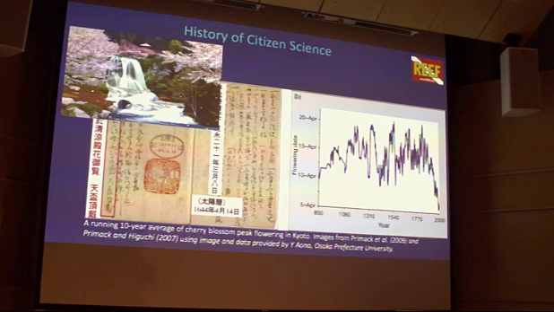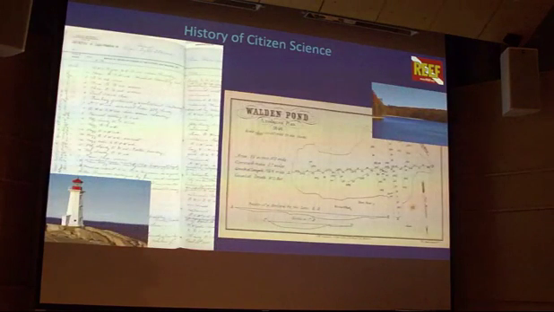So that's a great example. Often some of the early examples were people walking through their yards, noticing when flowers were first blooming, when birds were starting to fledge. A lot of that is phenology, and nowadays there are huge citizen science programs that revolve around that. So, a long history. A little more recent, lighthouse keepers: this is a log from the 1800s. They were keeping weather data every day in their logs. They weren't scientists, they were lighthouse keepers, often women, keeping logs of weather events and basic stats about weather.